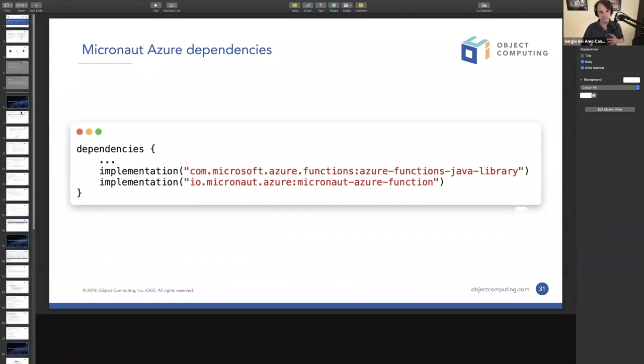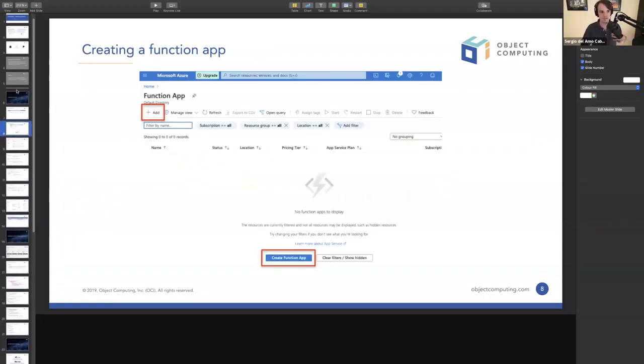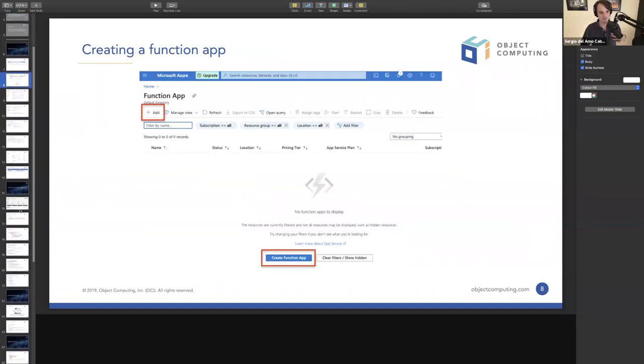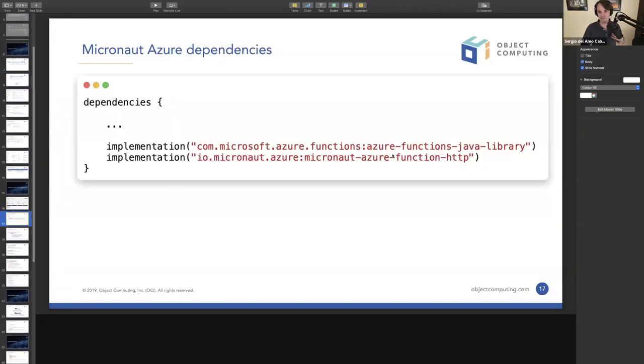If you need HTTP triggers with multiple endpoints, select application and select Azure function, and that will basically add the Micronaut Azure function HTTP, which has a transitive dependency to the Micronaut Azure function. So in general,